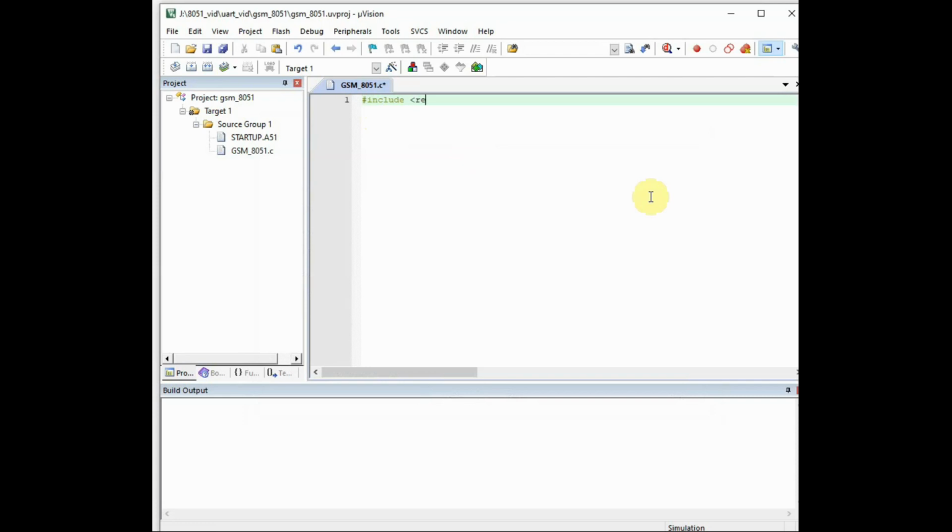Start with, we include the header file reg52.h. This is to make the compiler understand the ports of 8051 and registers. Next comes the void main function. This is the main function from where the code will start. Inside this main function is the while(1) never-ending loop, and from within the main function we make a call to 3 functions. First function is UART_init. This is to initialize the serial port of 8051,